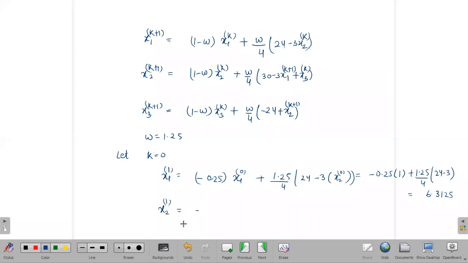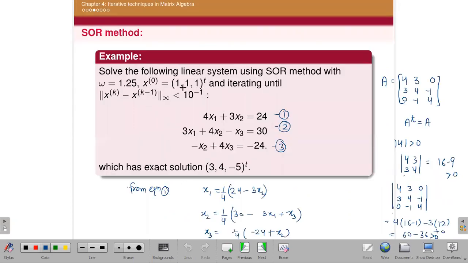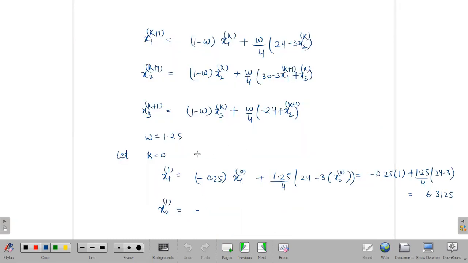Similarly, you can find x2 at 1. Ma'am, how did we know the first iteration of this successive over relaxation? Sorry, the zeroth iteration. The zeroth iteration is given, no? Because our initial vector is given to you. Okay. Yes, it is given actually. I should write it here. Like in Gauss also, you have a given initial vector.